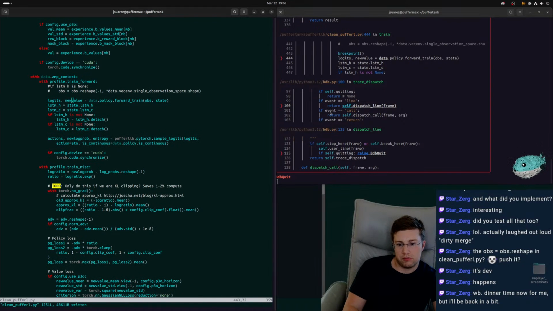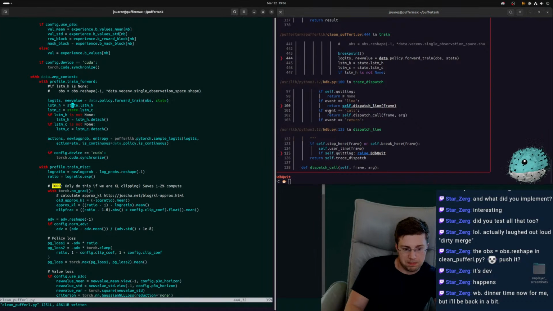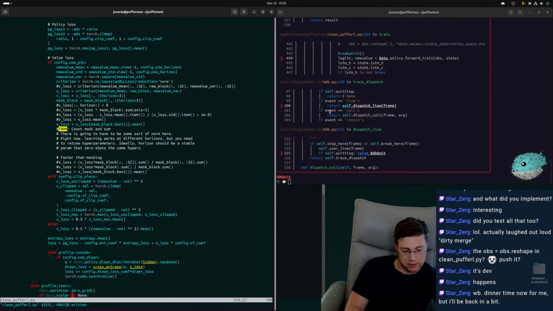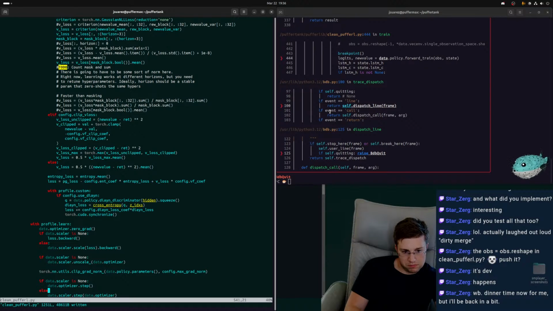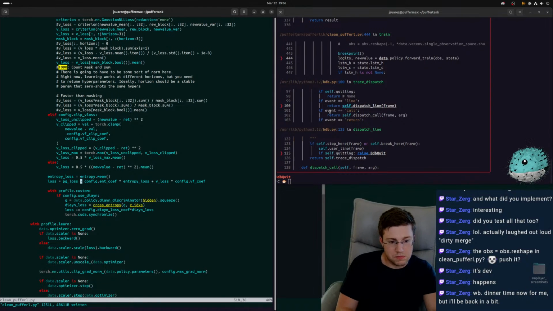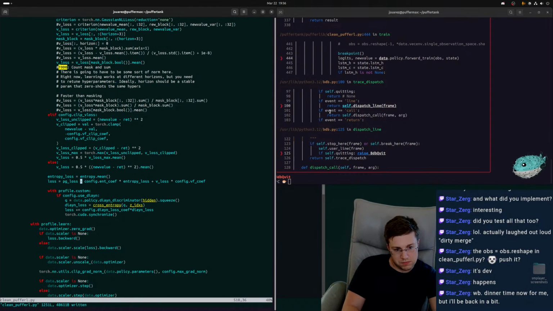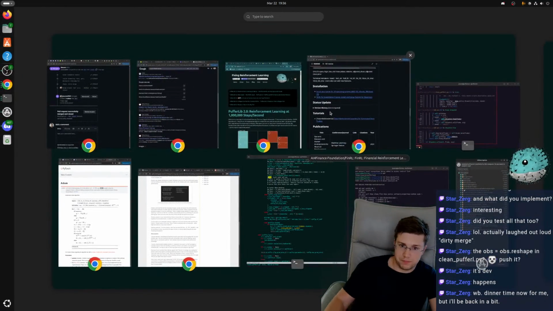So what's exactly wrong with this thing? This seems fine to me. Is this supposed to be minus? That seems very wrong.